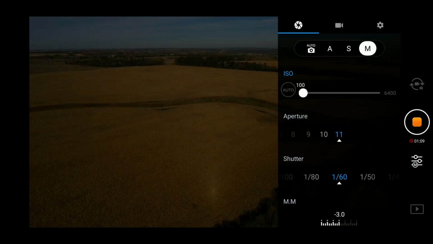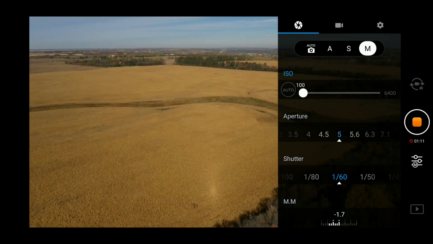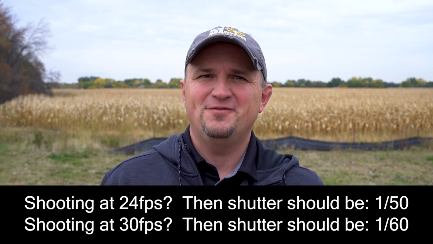Even with the Mavic 2 Pro with its adjustable aperture, there are times when the skies are still too bright. Even if you have your ISO set to 100 and your aperture at f11, which is the smallest that it goes, the higher the number, the less light that comes into the sensor, you still can't reach that perfect 180-degree shutter rule. Now, in case you don't know, this rule basically is the rule of cinematic footage, and it states